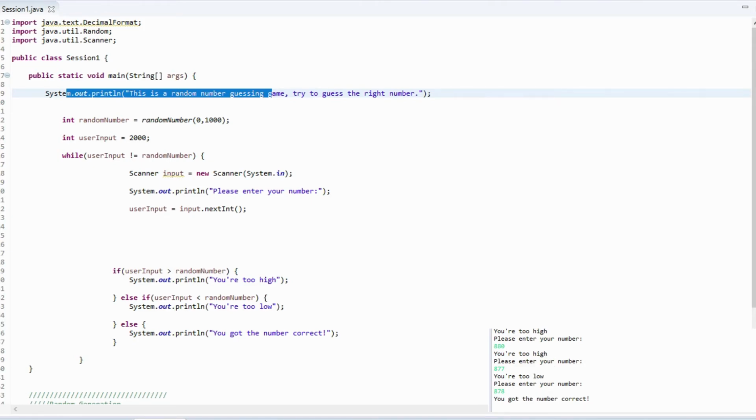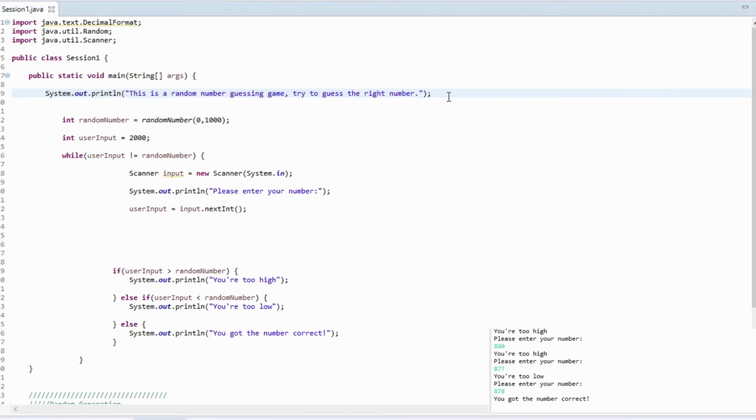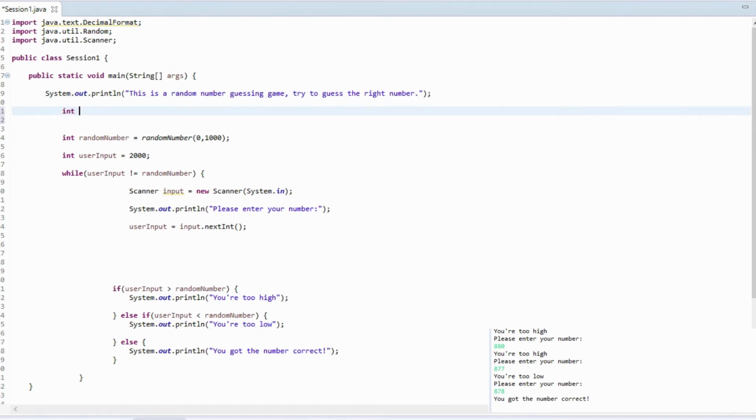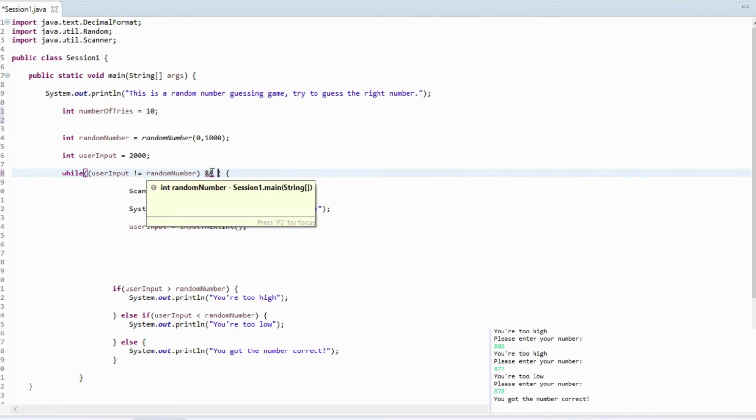Now the other thing we can do is add in a number of tries. Maybe we only want to have a set number of tries. So we could add in int number of tries equals 10. And right here, while this, we want to put in double parentheses, and we're going to put a space here. We're going to do double ampersand, that means and. So while user input is not random number, and